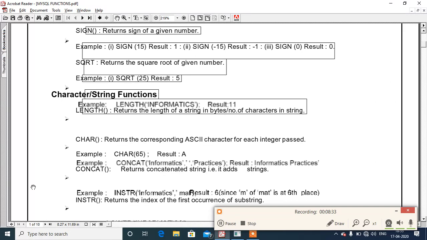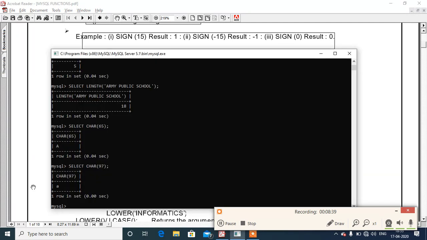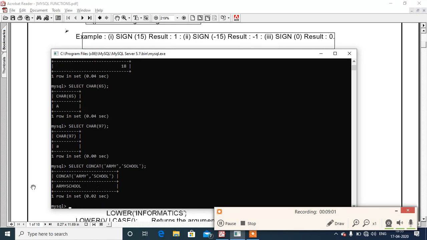Then after, the next function is the concat function. Concat function is used to join two strings. For example, if we write select concat bracket double quotes, or we can also use single quote, army and comma single quote school bracket close semicolon, we will get army school as a result.